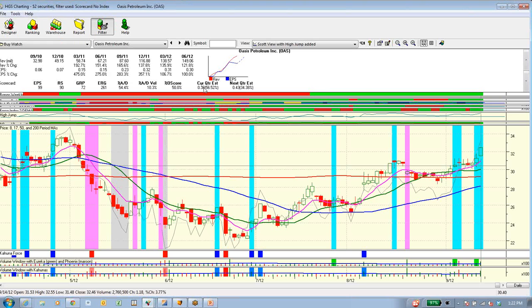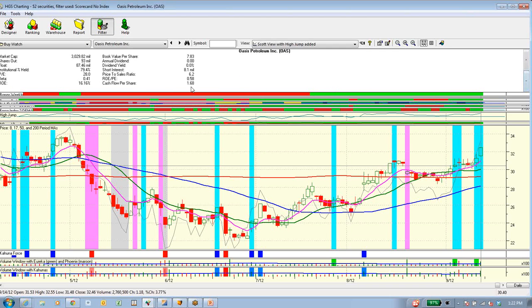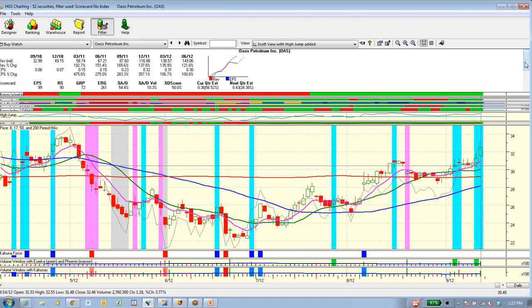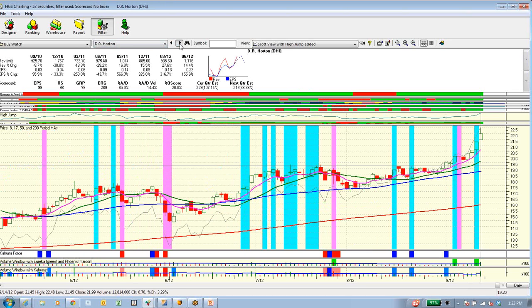All the momentum indicators are green, it makes money, and it trades at a multiple of 28 while it's got a much higher growth rate, which I like to see. Sort of a cup with handle, breaking out, a pocket pivot, good volume on Friday. This is one of the stocks that I'm interested in. And my buddy Lou Powers, maybe he'll watch this and tell me why I do or don't like it.